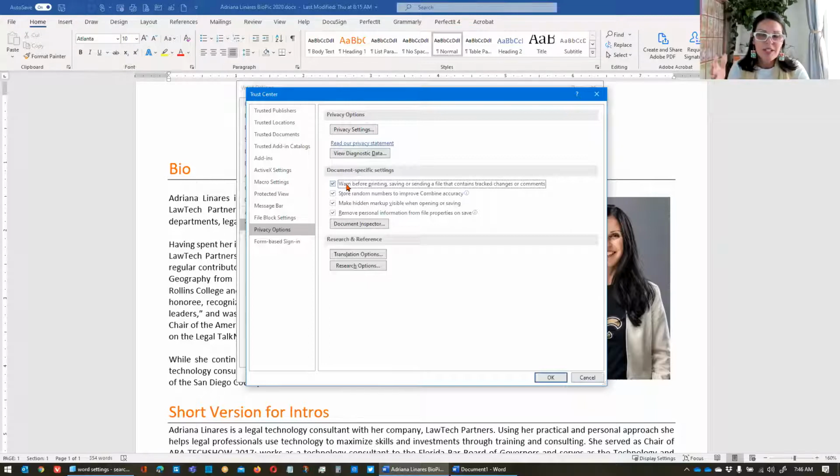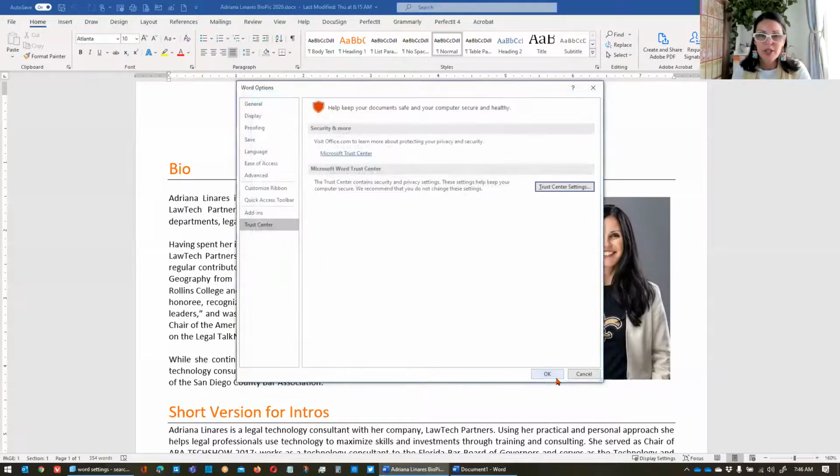So the thing about this is that sometimes maybe you're working on a document that you know has track changes in it, but you hid the track changes so you could read the document without all that visual clutter. And you forgot, so you're about to email it out. Or maybe there are comments on page 90 of the document. You've only scrolled through the first 4 or 5. This is another really good setting to turn on and just be warned, because what harm is there in a warning?